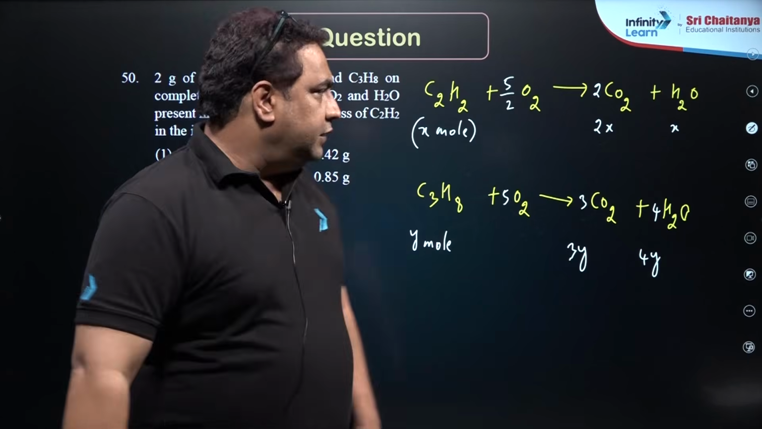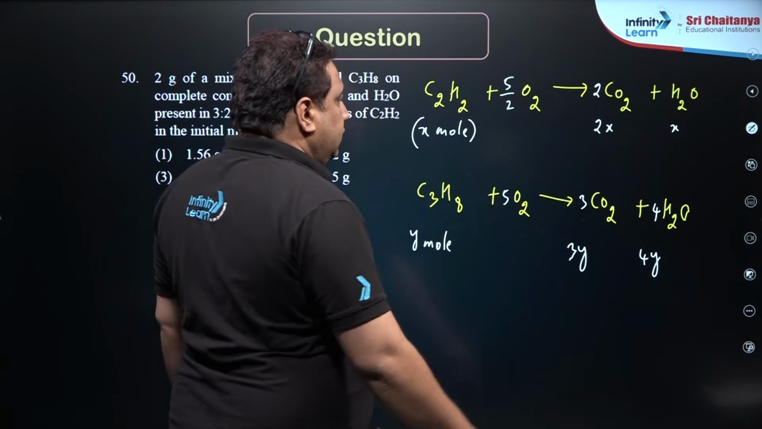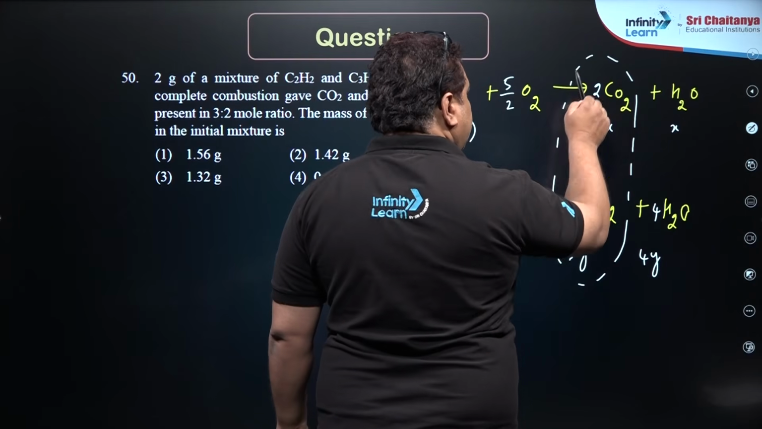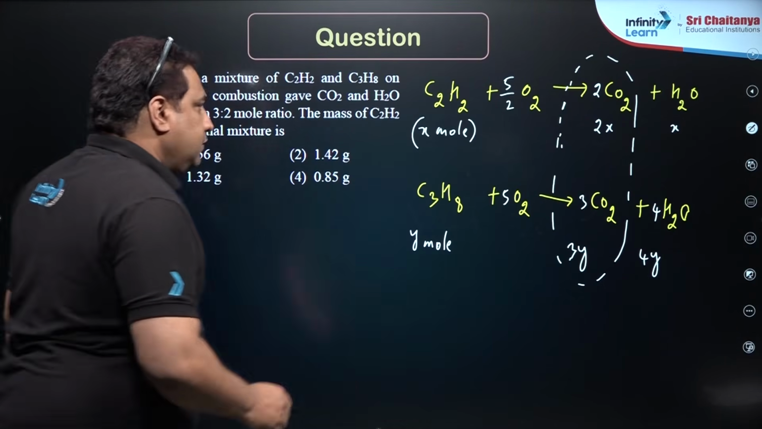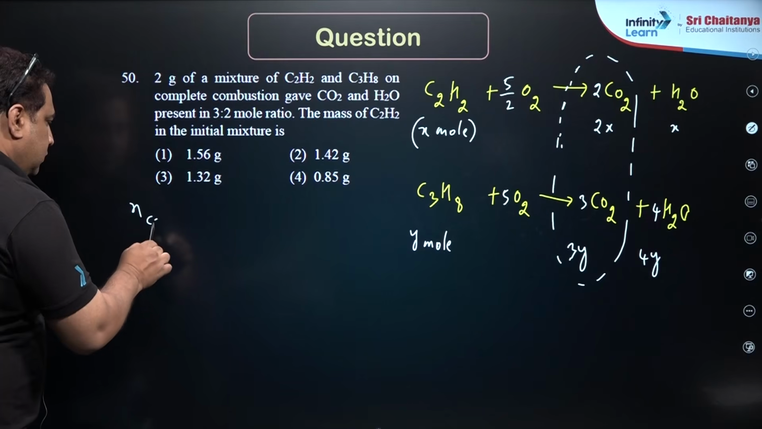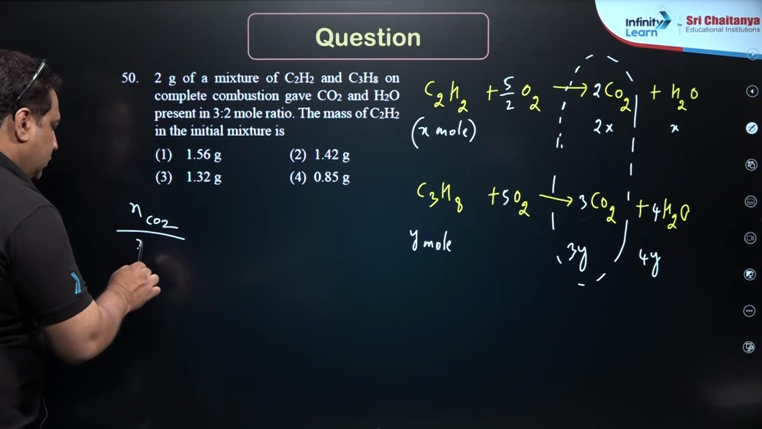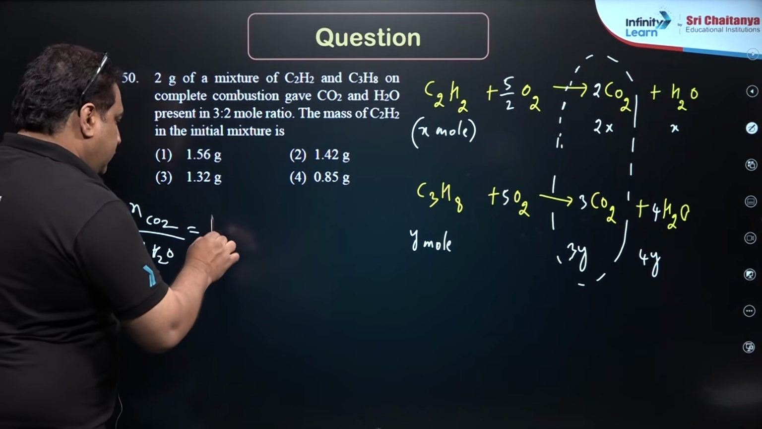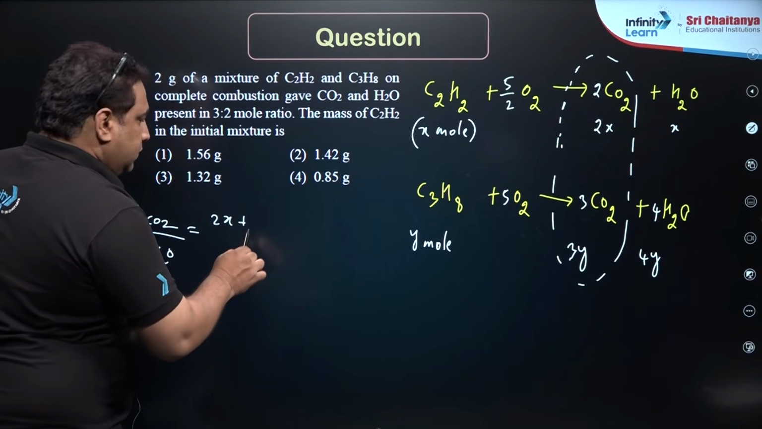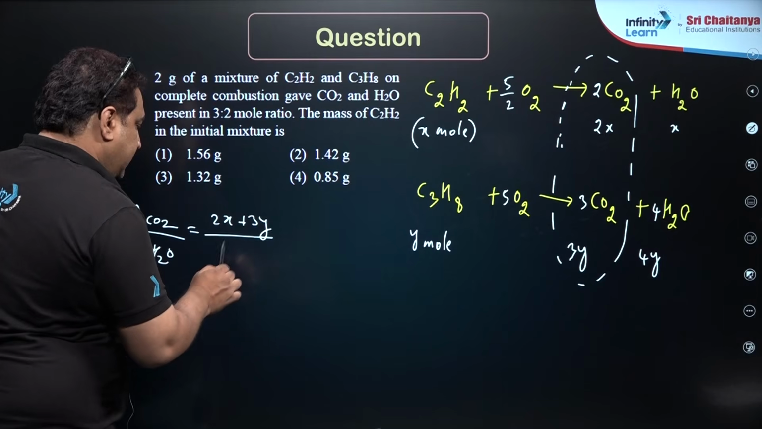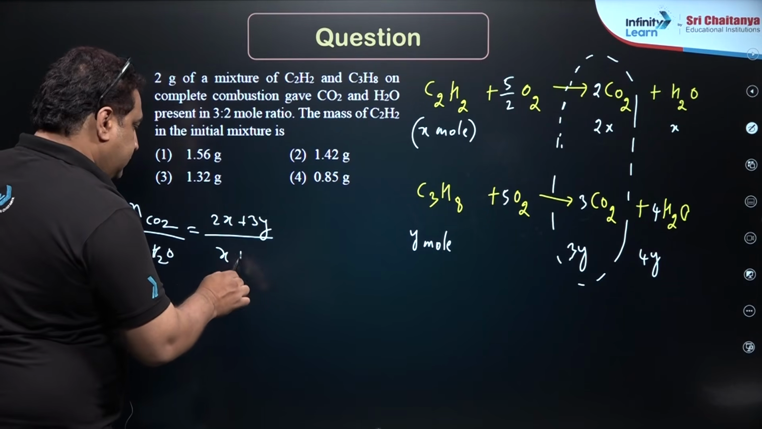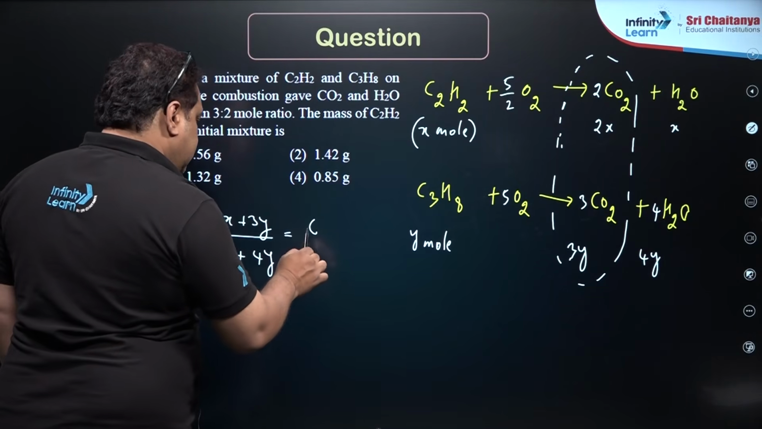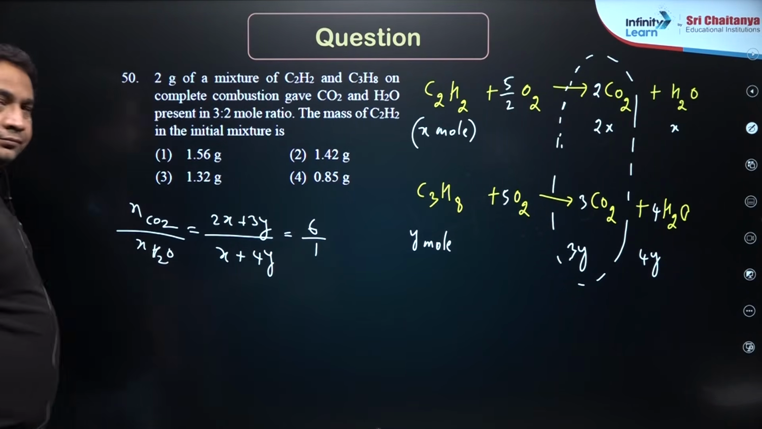Balancing is successfully done. Now the total carbon dioxide coming here with the total water coming there: total moles of carbon dioxide upon total moles of water, assuming the moles, is (2x plus 3y) divided by (x plus 4y). If you solve this, you will get 6 upon 1. That means